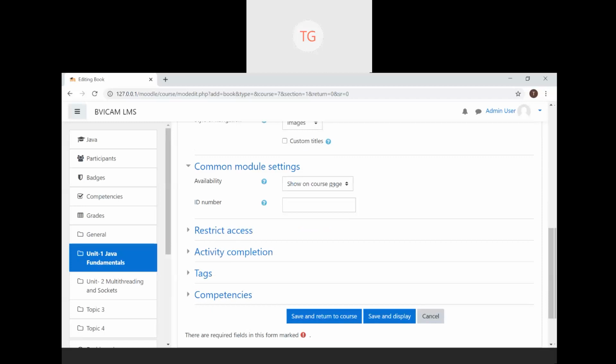Availability. Where does the resource need to be available? Should it be available on the course page, or should you hide it from the students? When will you need to hide a book from the students? Probably it can be a scenario where you have created your Moodle site and your course, and there is a lot of material that you put into your course, but you don't want to confuse the student by showing him all resources at the same time. So I say, okay, as and when I'm moving ahead in my live lectures, my Moodle site should also build up for the student, so that the student is aware what is happening and what the pace of the class is.